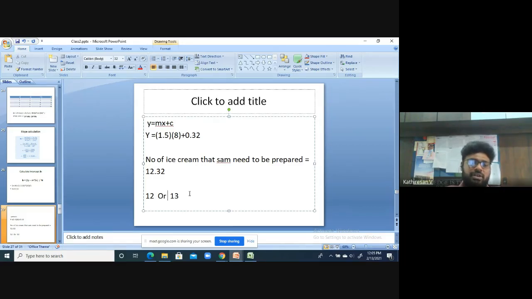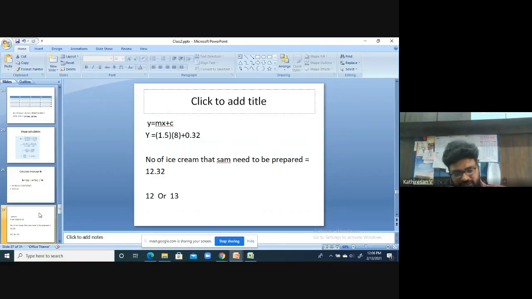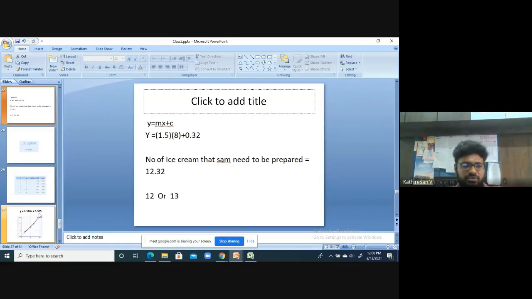You can do it with bigger and bigger data sets. Here we are taking only two attributes. You can take n number of attributes, 10 attributes, 12 attributes. And you can see here we are taking only five entries. You can have 5,000 entries, 5 lakh entries in real-time data sets. So in this way, simple linear regression is working.